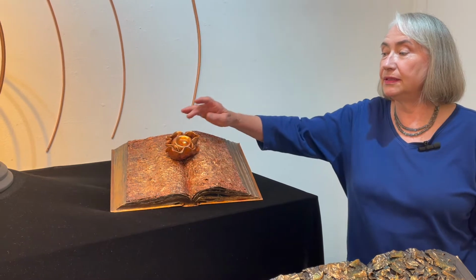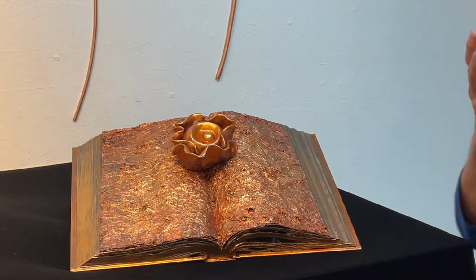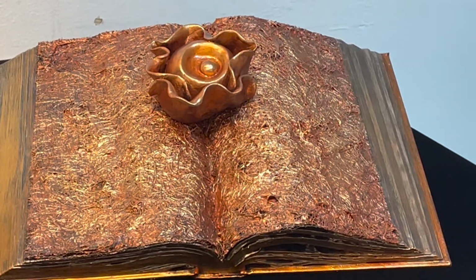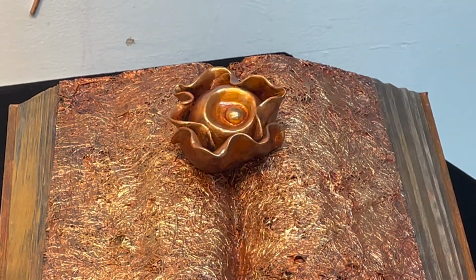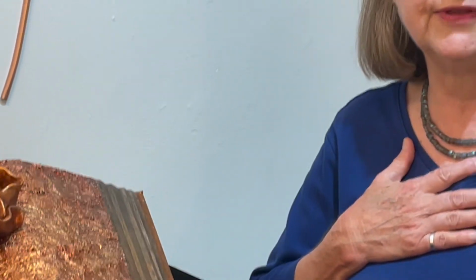This book has a model of a human egg and the end of a fallopian tube as it's entering in. So all of us have made this journey to be here. And this book has animal hair on the surface of it. Both the animals and we humans are suffering a lot of damage to our genetic materials. You'd think that we would want to preserve and protect the diversity and health of our genetic materials. But I think few people today are unaware how our children are suffering neurological problems, increasing asthma, and so many diseases that are in part due to our indiscriminate use of chemicals that are so dangerous to both ourselves and